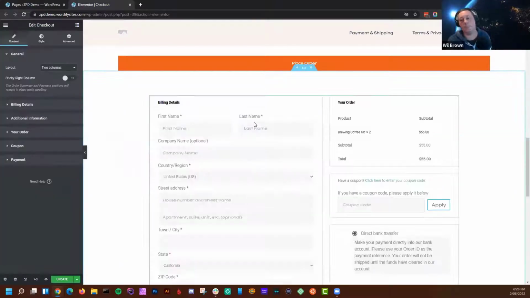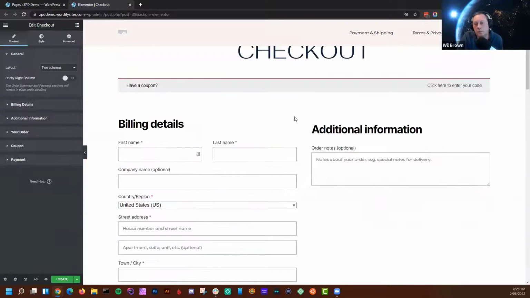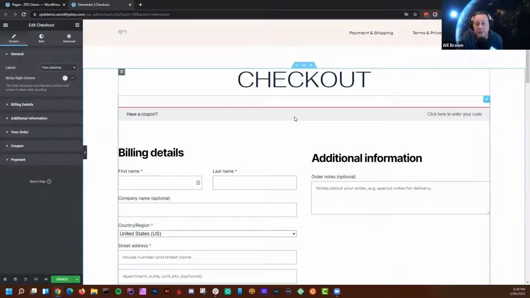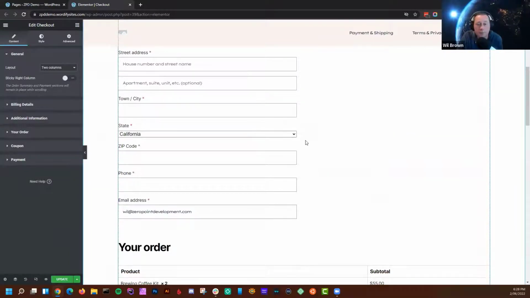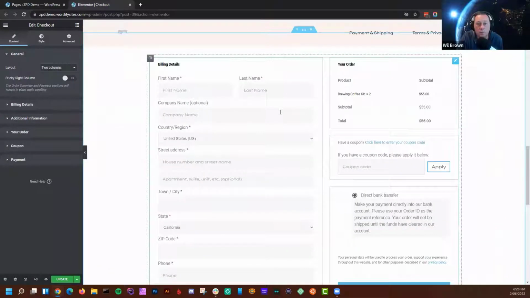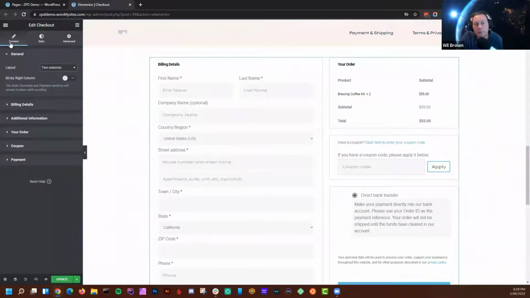Okay. There we go. So we can see there's obviously a difference, just in the styling between the WooCommerce one here and then the Elementor one here. But again, we've got access to the content and the styles. And immediately, very similar to the cart one, we've got this option to do one